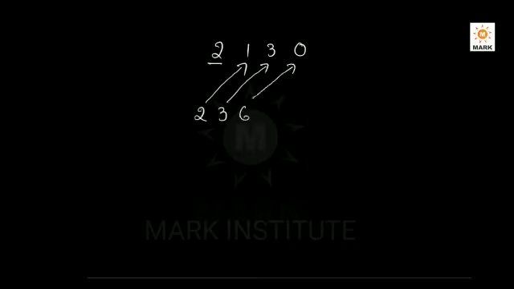Okay. Now my dear friends, let us take another number, 2130. So here write the first number as it is, 2. So 2 plus 1, this is 3. 3 plus 3, this is 6. 6 plus 0, that is also 6. 6 is the remainder. 236 is the quotient. You can check with the regular division if you want. 236 is the quotient and 6 is the remainder. Now let us see one more example.